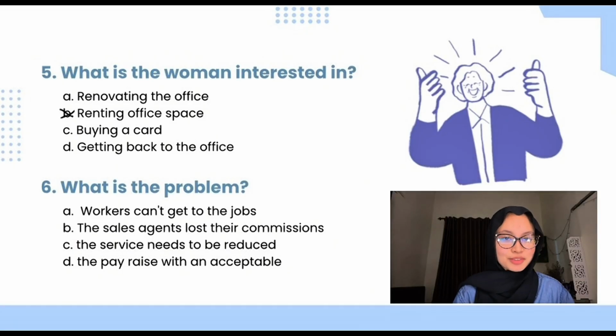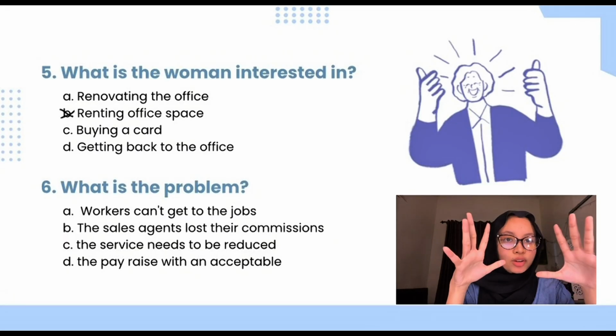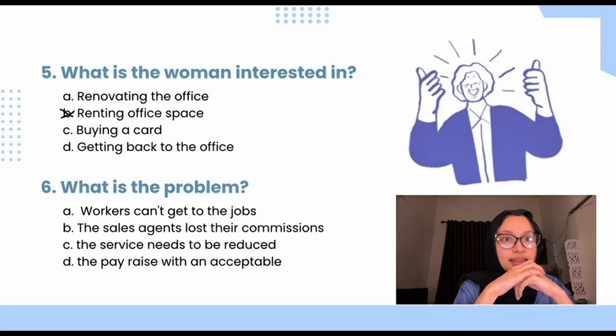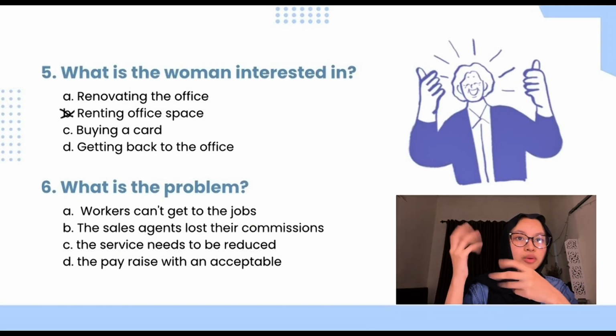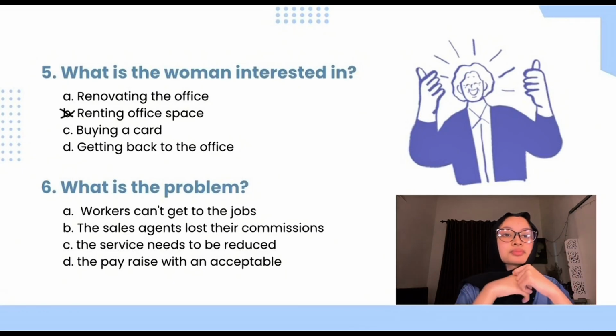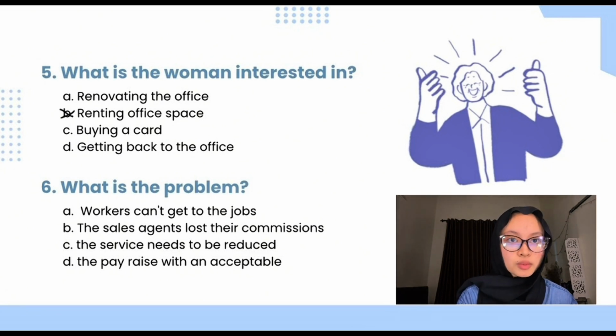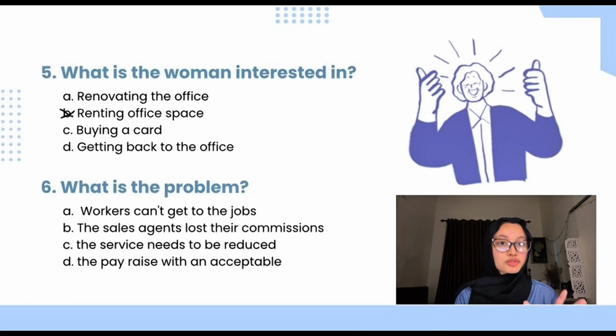Now have you got your answers, everybody? If you haven't, not to worry, because we will break down the answer for question number 6. I totally get why you haven't got your answers, because we didn't hear anything specific. We didn't hear a question, we just heard a man complaining to a woman. Now what to do in questions like this? Questions that don't have any specific question or detail. What you can do is listen to the whole thing, but do not focus on every word. I know it's strange to not have to be focused, but actually this is the trick.